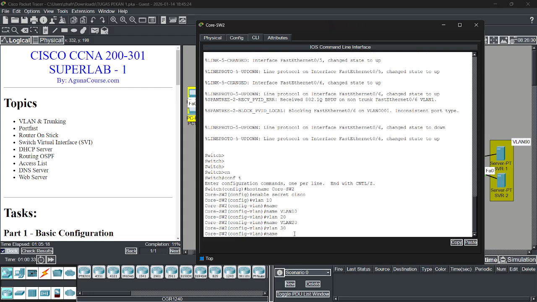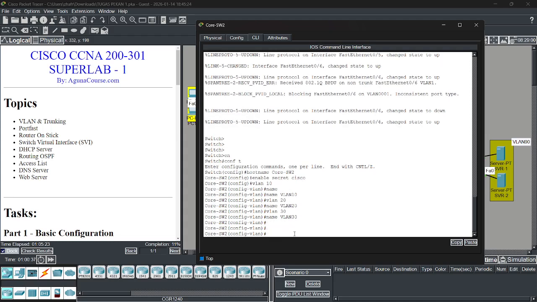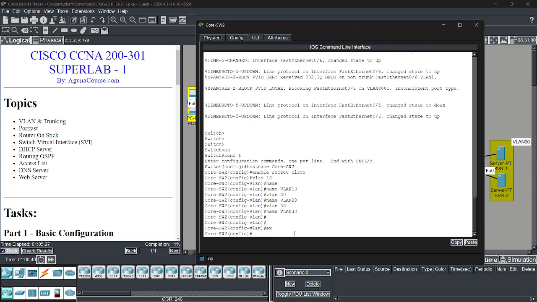name VLAN 30. Okay, exit, and then we need to configure all of the ports.